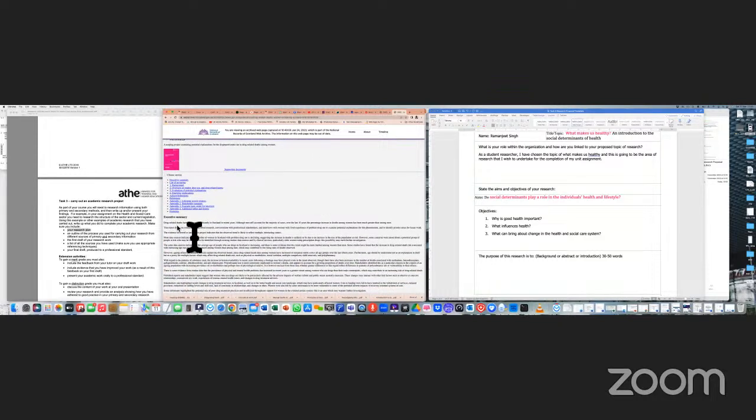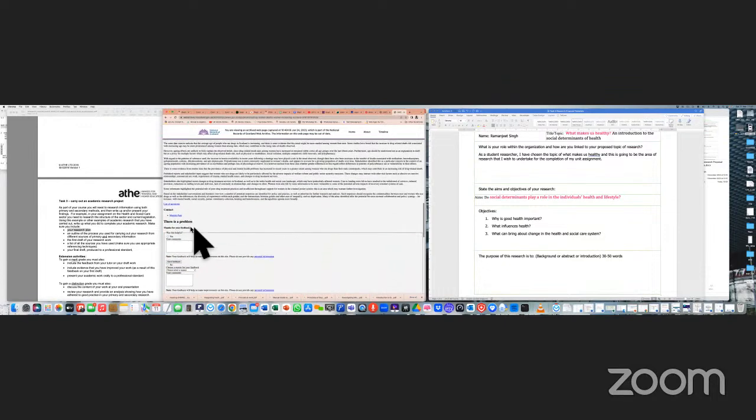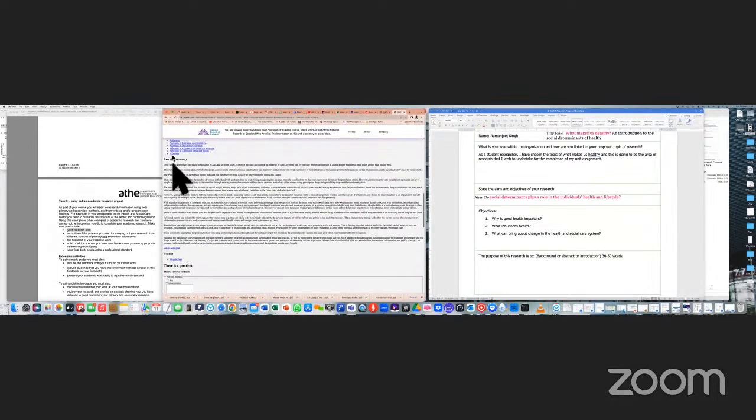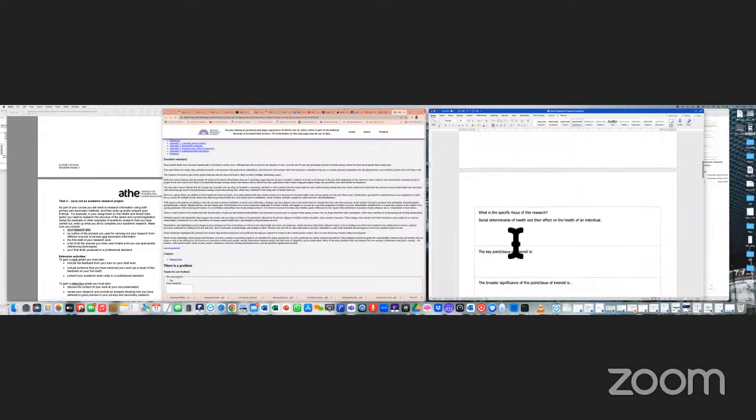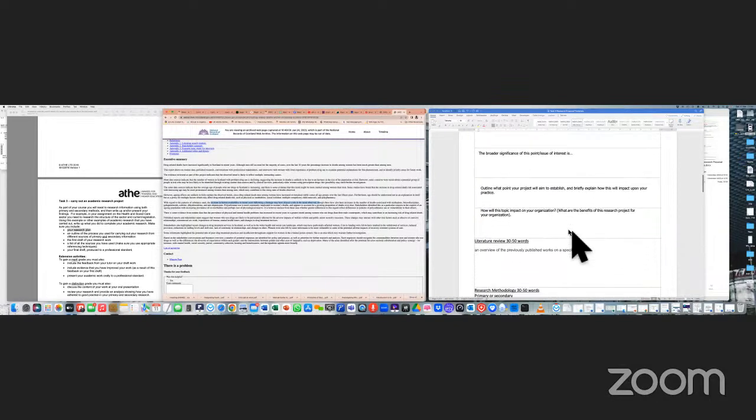Now, what is the background and why am I looking at doing this research comes from the abstract or the executive summary. And that is where I'm looking at putting down the objectives and the purpose of the research. If I go further, it talks about what the specific focus is. So in the specific focus, it is also giving us that there are issues around the easy availability of drugs, and that is what is increasing the uptake of drugs by women in Scotland. So it will allow you to filter all the information into this proposal from a relevant research report